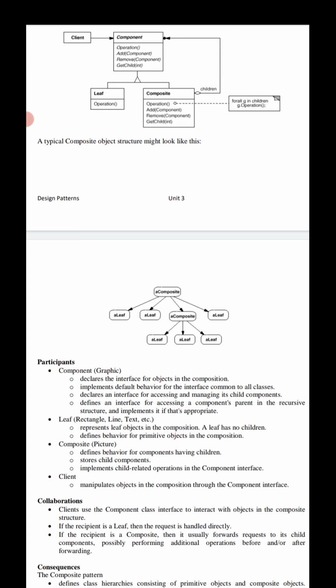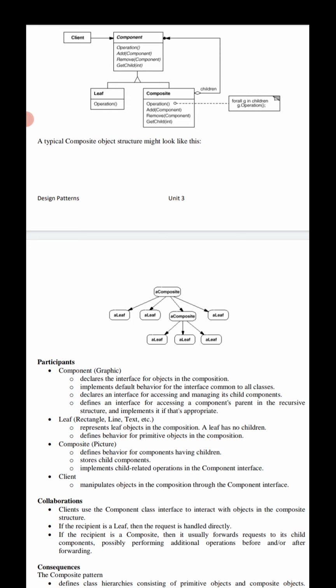So in the component graphic, we want to implement default behavior for the interface common to all the classes, listen carefully, and we need to declare an interface for accessing and managing its child components also.